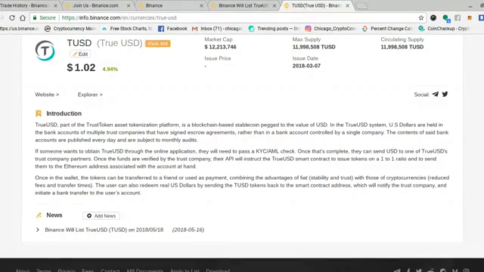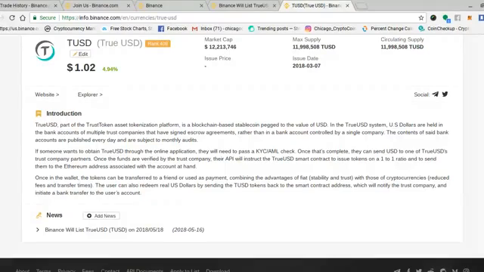Once that's complete, they can send USD to one of the TrueUSD's trust company partners. Once the funds are verified by the trust company, their API will instruct the TrueUSD smart contract to issue tokens on a 1-to-1 ratio and to send them to the Ethereum address associated with the account at hand. Once in the wallet, the tokens can be transferred to a friend or used as payment,